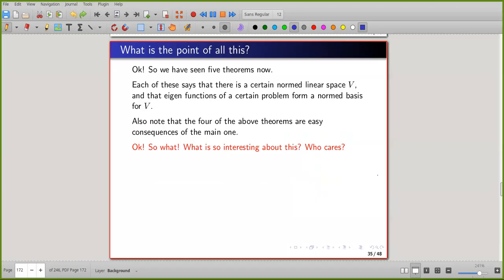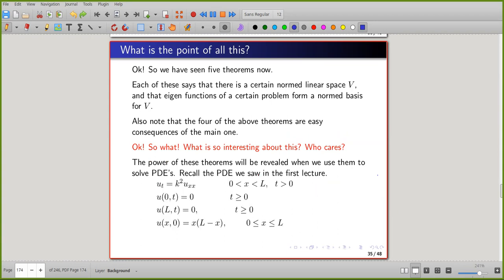So what is so interesting about this? Who cares? The power of these theorems will be revealed when we use them to solve PDEs. Recall the PDE we saw in the first lecture. In my first lecture, I had mentioned this PDE and thrown it to all of you as a challenge. If you want, you can try this. This PDE was u_t equal to k squared u_xx, u(0,t) equal to 0, u(L,t) equal to 0, u(x,0) equal to x times (L minus x). So depending on the form of this,